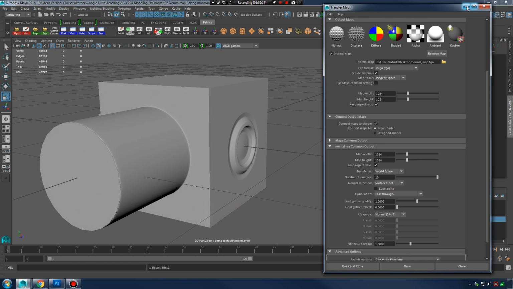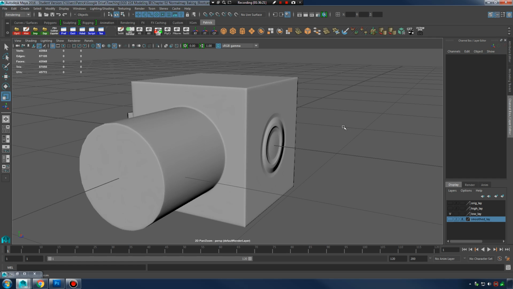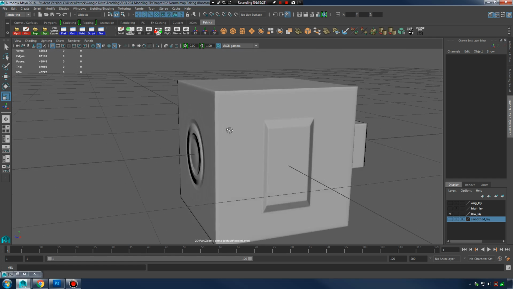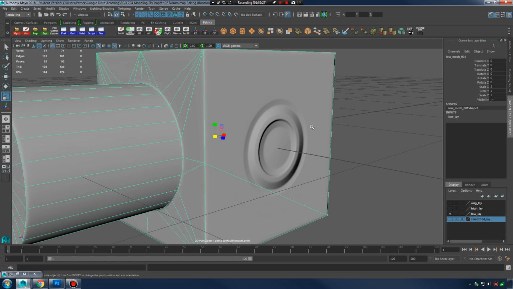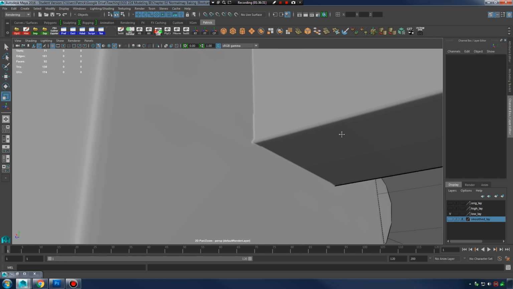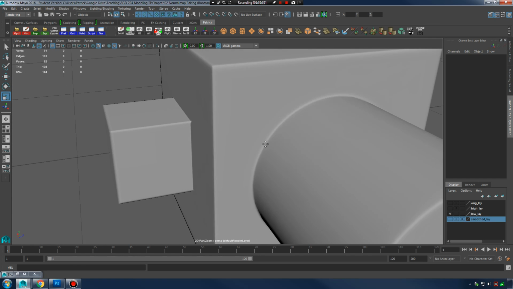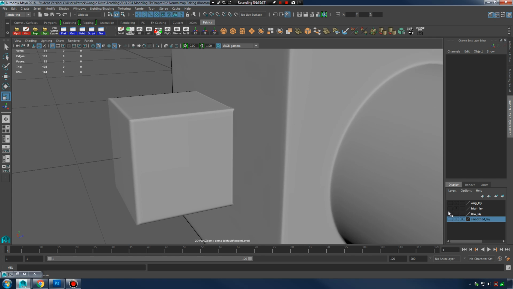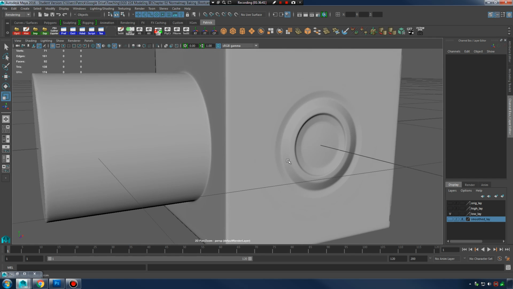And there we go. So to see your results, I'm going to hide my smooth layer and press 6. And there's my new normal map baked on my newly created low poly. And everything's looking good. You want to make sure. Looks like we got a little bit of artifacting around there. That might be due to sample size. So if you find any errors going on, maybe like right there, for example,